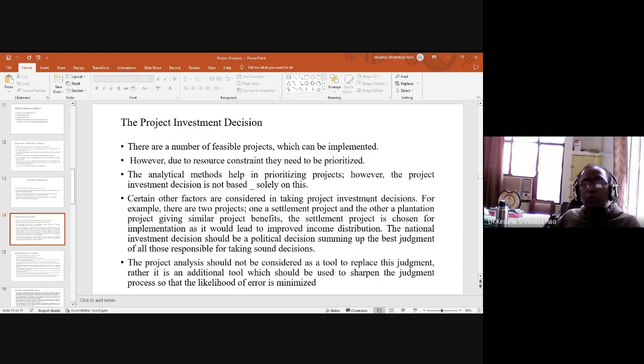For example, there are two projects, one a settlement project and the other a plantation project, giving similar project benefits. The settlement project is chosen for implementation as it would lead to improved income distribution. National investment decision should be a political decision summing up the best judgment of all those responsible for taking sound decisions. In that way, the project analysis should not be considered as a tool to replace this judgment. Rather, it is an additional tool which should be used to sharpen the judgment process so that the likelihood